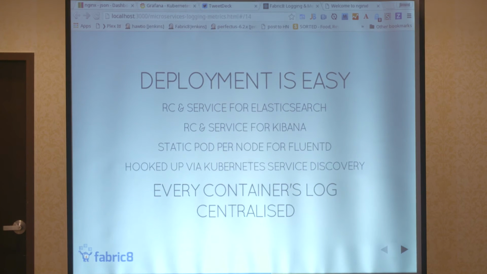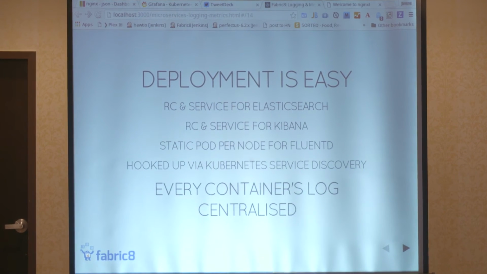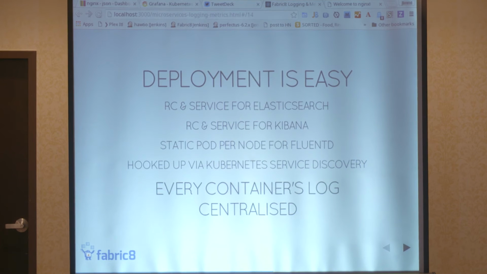The reason FluentD was a better approach for us is that if you're not running a full Logstash on every node, you have to run a central Logstash. That becomes quite large because it has to accept all those logs before it pushes them into Elasticsearch. FluentD processes logs on each node, so we can scale more horizontally. And it's really lightweight. It's mostly written in C. So it's a really nice approach.